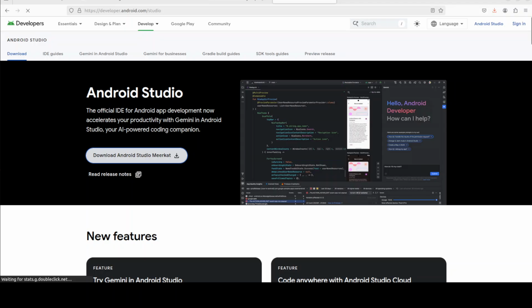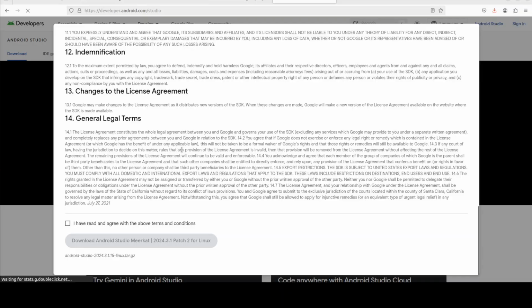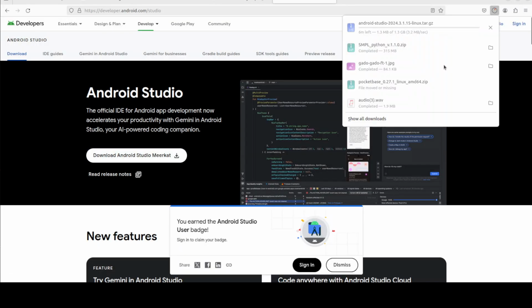And for the emulator, I'm just going to use Android Studio, the Meerkat version. Just scroll down, and you can get it from developer.android.com. Let's click here and then let me download it. It is around 1.3 gig, so let's wait for it to get downloaded. This is just a zip file,